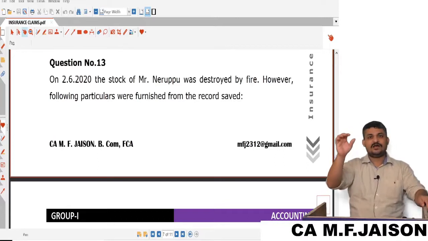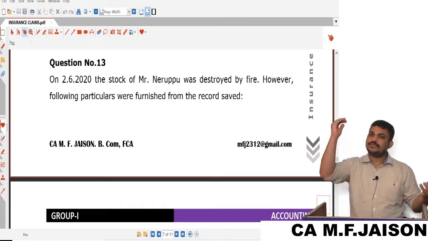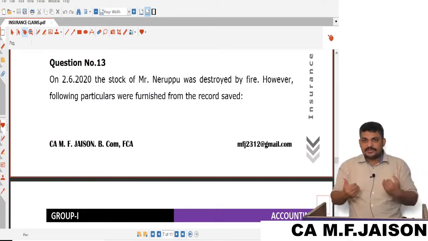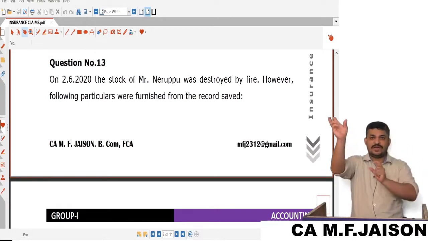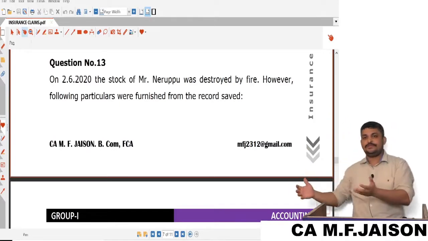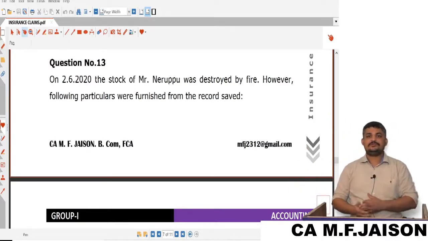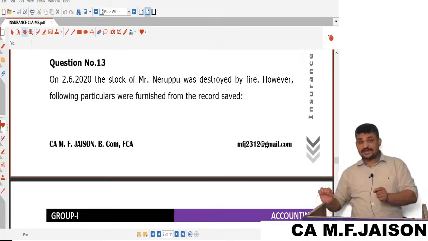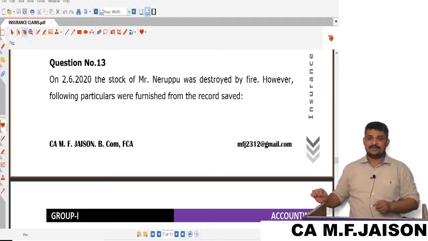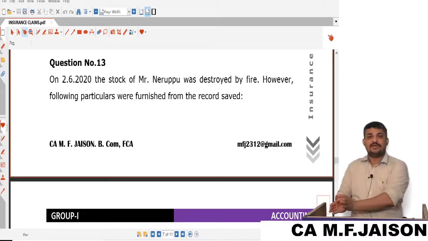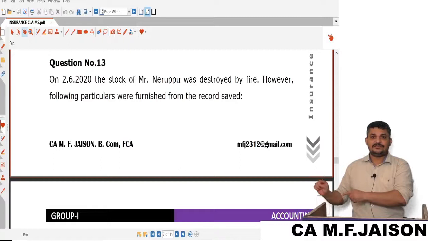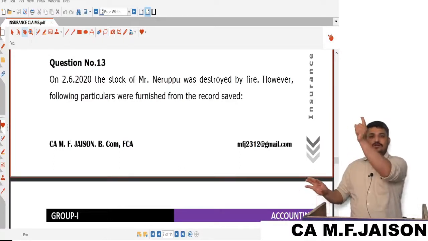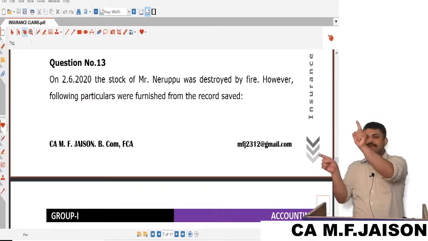About opening stock, the reality is that some goods were already having a lower value. Now I would say that you should take only the lower value for the abnormal goods, and accordingly prepare that particular account. But sometimes the question will tell that for the purpose of making the claim, whatever abnormal goods are left over are now worth original cost. So the remainder of the goods are worth original cost. We will show opening stock also at original cost,